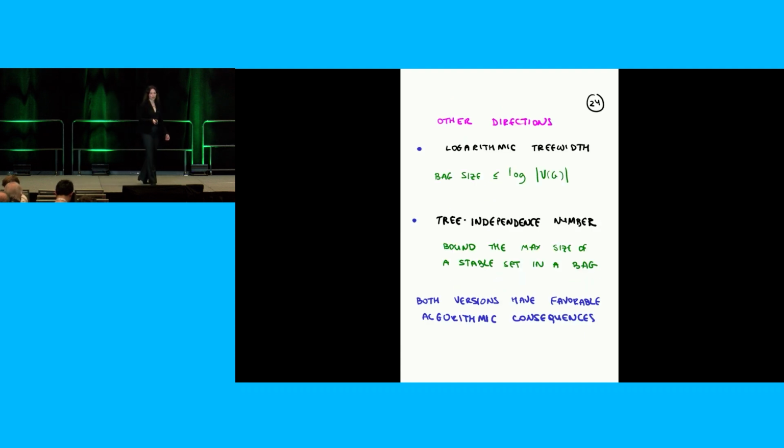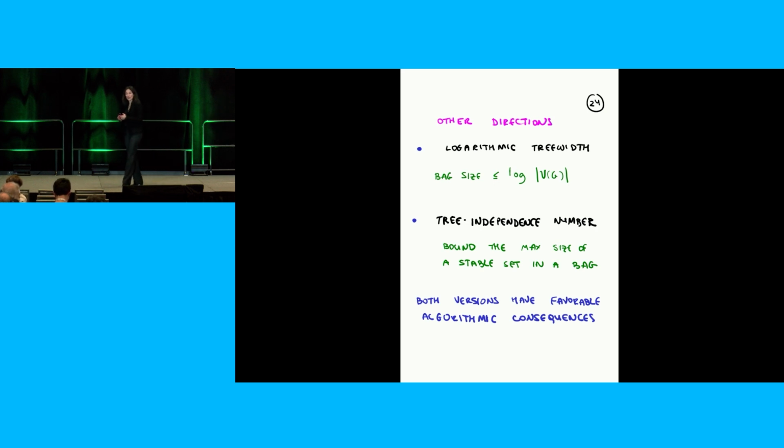And the last thing I want to say is that you can maybe make your life a little bit easier by just changing the question a bit. Because our motivation for looking at tree widths was to find something that allows you to solve hard algorithmic problems efficiently. Well, it turns out that if instead of asking for bounded tree widths, for tree widths at most 100, you ask for tree widths which is log the number of vertices, algorithmically you get the same effect.